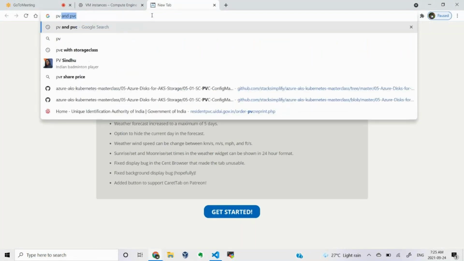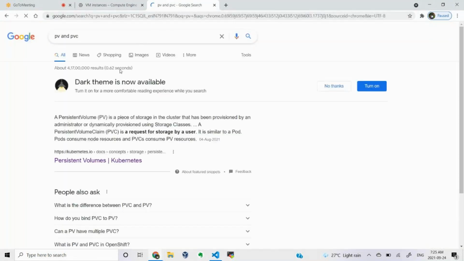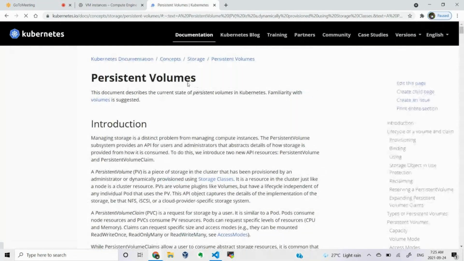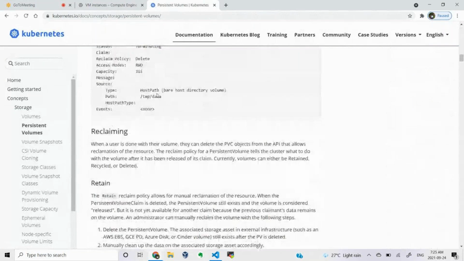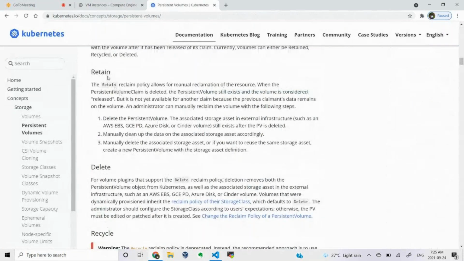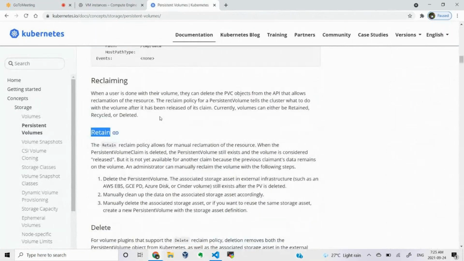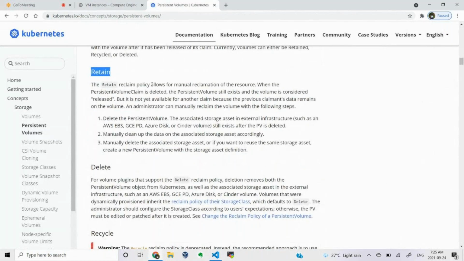Simple. Go to the documentation, search PV PVC, and you'll get the official document itself. If you scroll down, you can see retain is the default one. That is what we have spoken about. What is retain? The retain reclaim policy allows manual reclamation of the resource. So manually you have to do it, or else it will be in the released state only, until you make some modification, then only will it be in available state.